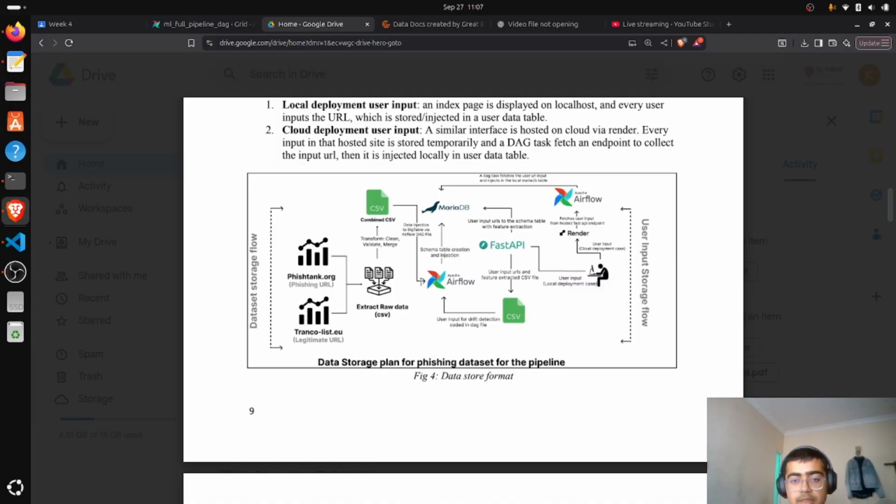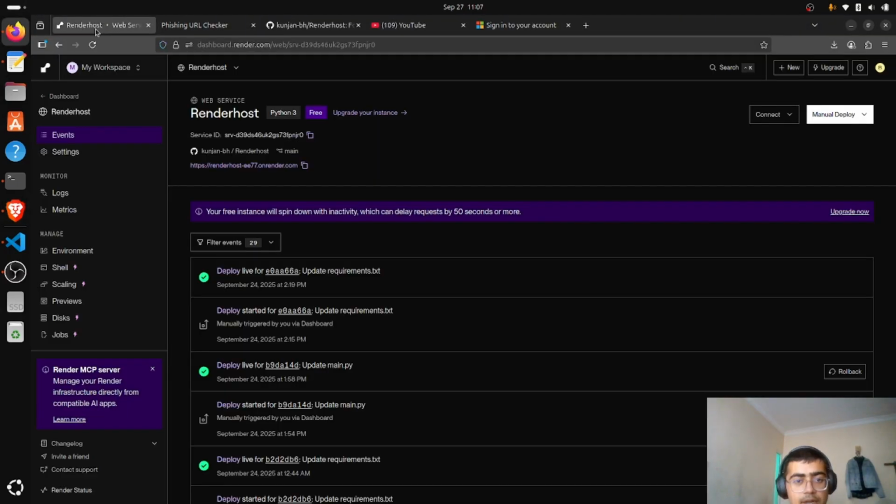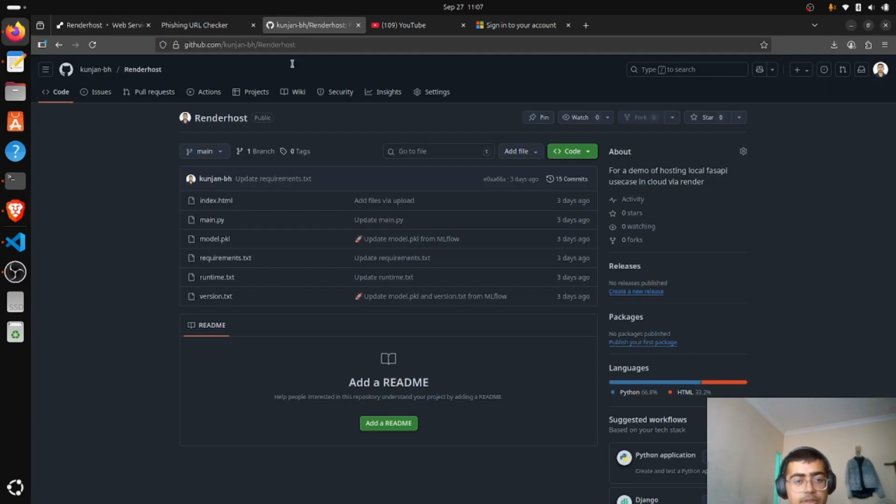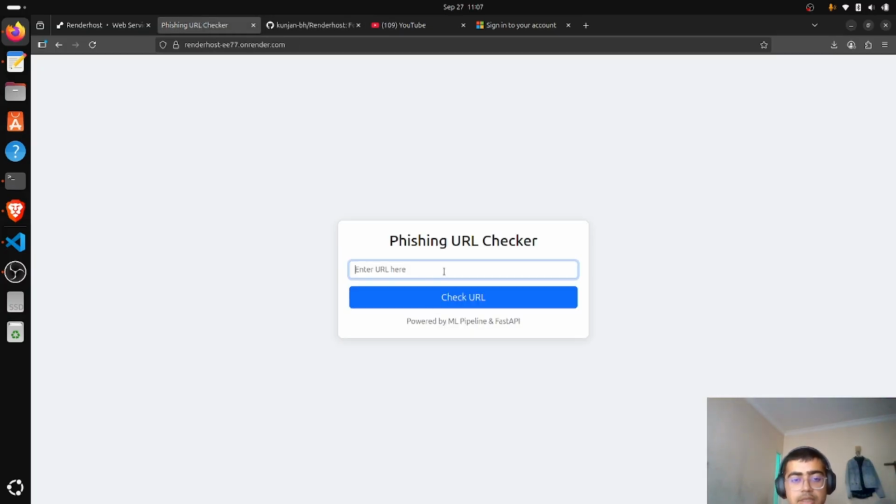The model is deployed, and the FastAPI is deployed in two major ways. One is locally deployed, another is deployed on Render, hosted in the cloud. You can see I have deployed it here. The GitHub repo is actually deployed. I'll explain exactly how it will work, and if users enter any URL in this,